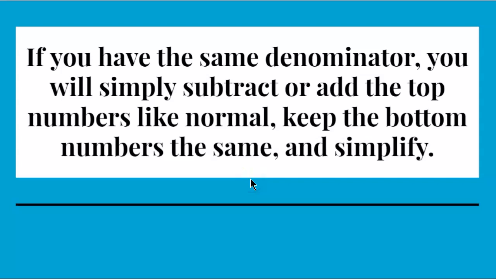Okay, so just to review, if you have the same denominator, you will simply subtract or add the top numbers like normal, keep the bottom number the same, and simplify. So looking at a few examples together quickly,